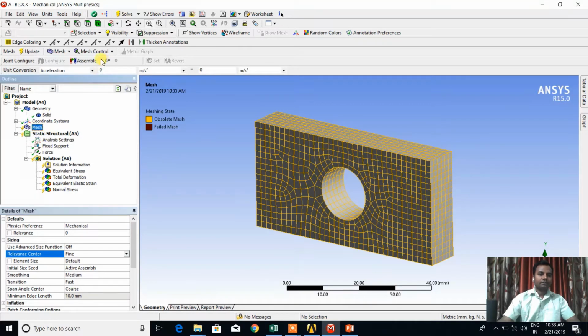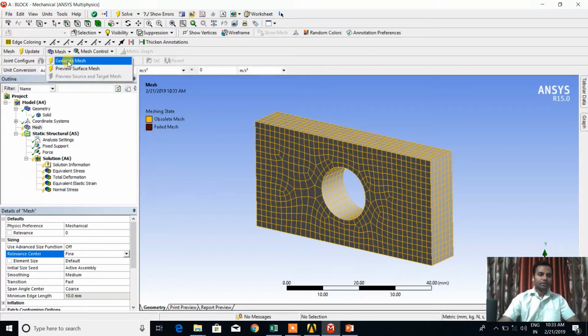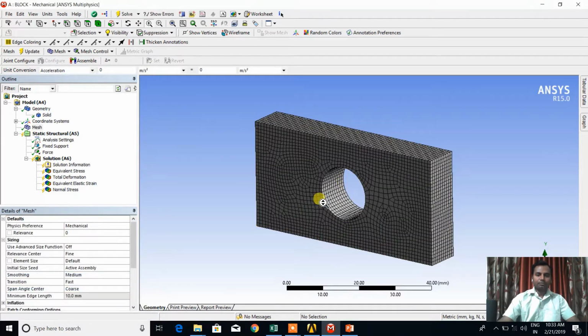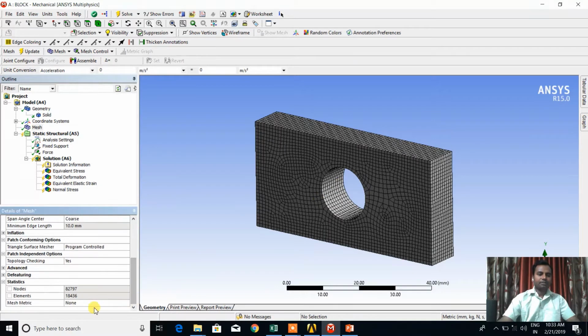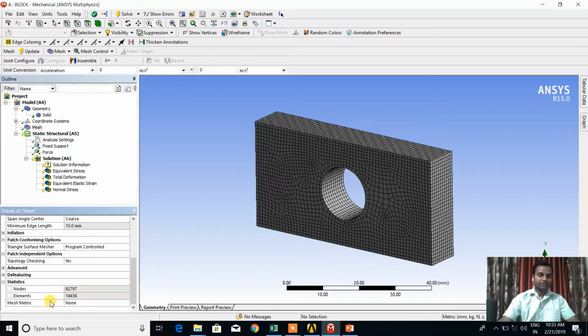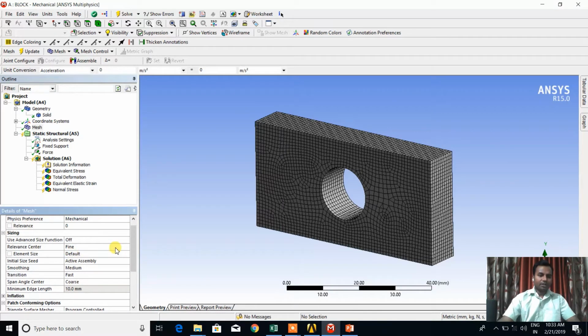Then again fine. Click on the mesh, here is the mesh control tool, and you can also click here to generate mesh, then check that the mesh elements have changed. This is a simple step for changing the element size and the statistics, the number of elements.